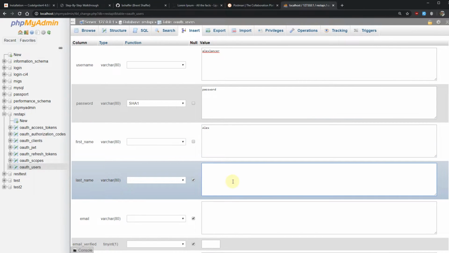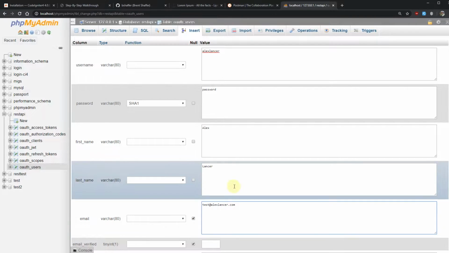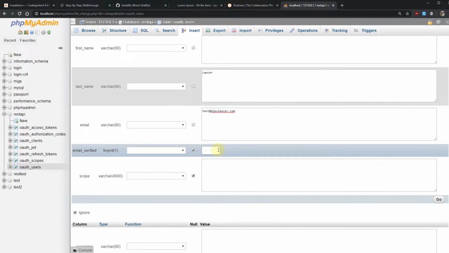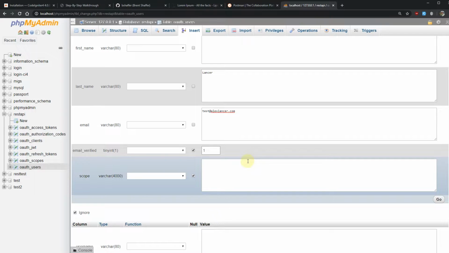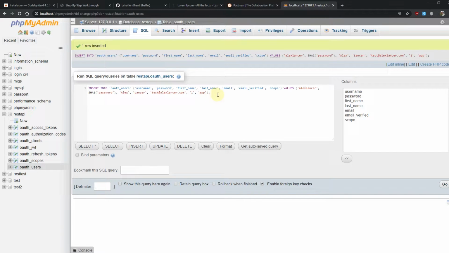Alex Lancer test.com. Let's say we have a verified email and scope also up. So now we have our user, we have our client, and it is time to jump,